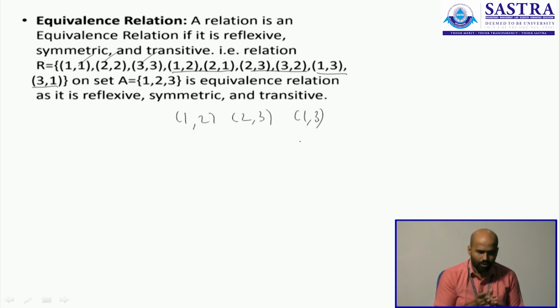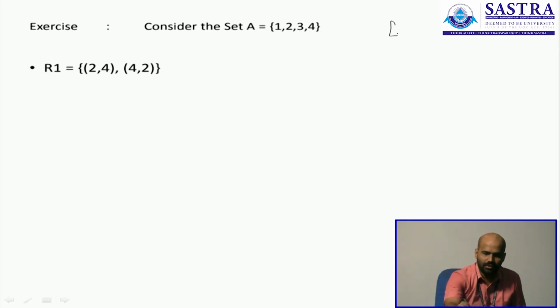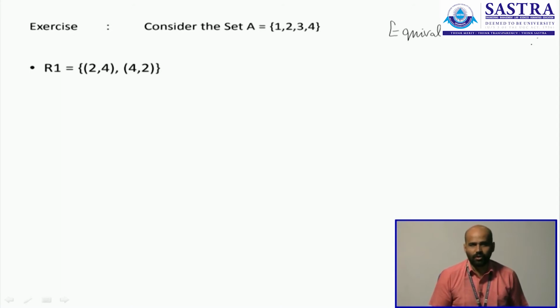Of course, I have included all 9 pairs possible, therefore it has to be reflexive, symmetric and transitive, but the classification is such. If any relation is all of reflexive, symmetric and transitive, that gets a special status as being an equivalence relation. We'll discuss a couple of examples under this. We'll see whether these are equivalence relations. We'll just test the equivalence nature of them. We have done enough practice on whether they are reflexive, symmetric or transitive.